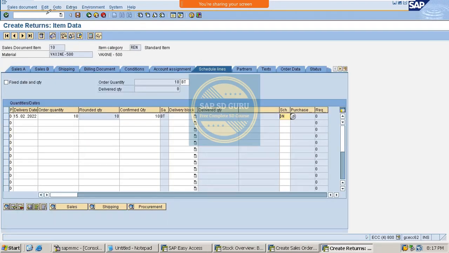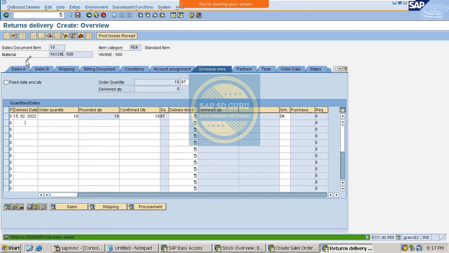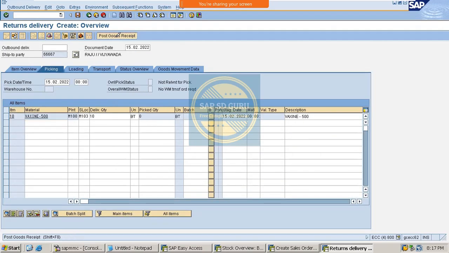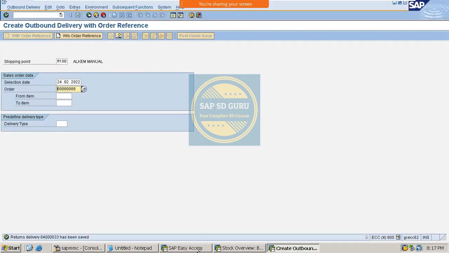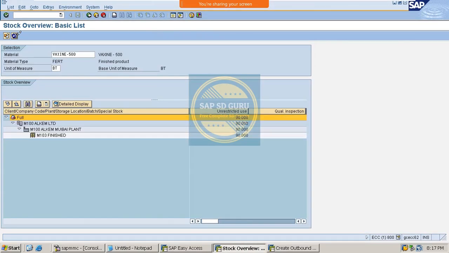Let me create the return delivery also. So here I am creating the return delivery. Let me click on post goods receipt. It's not the issue, it is the post goods receipt, right? So what will happen after you click on post goods receipt in the return process? The stock movement will happen, right? See, here you can see the stock of 10 is there in returns. Previously it was 100,